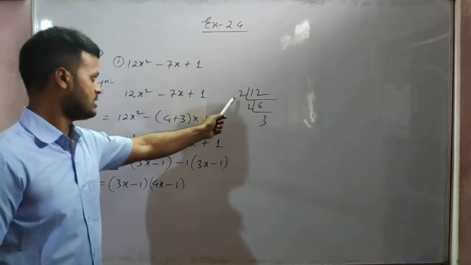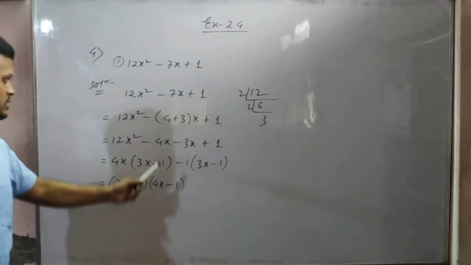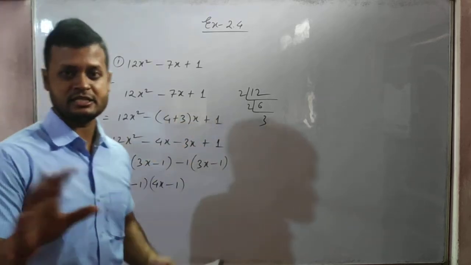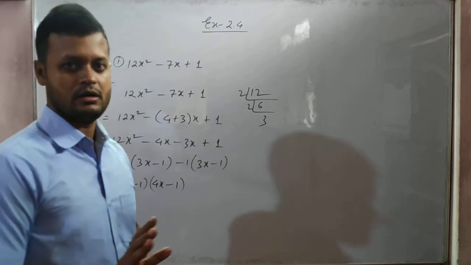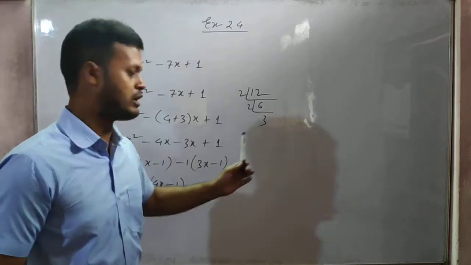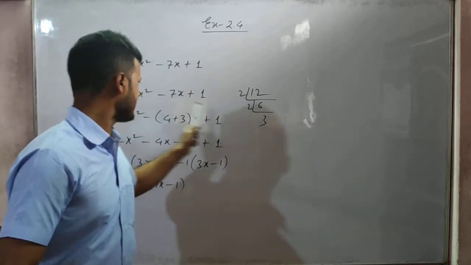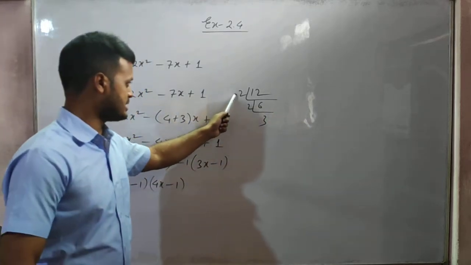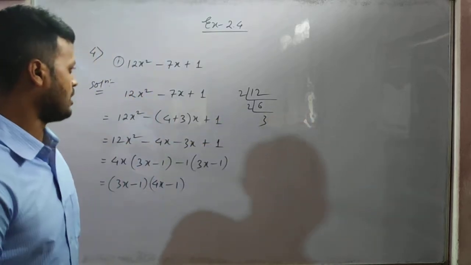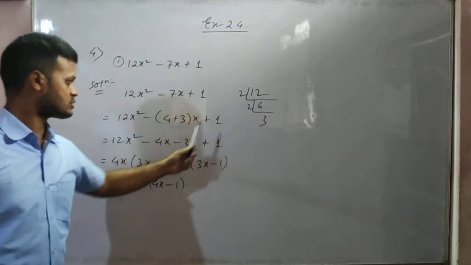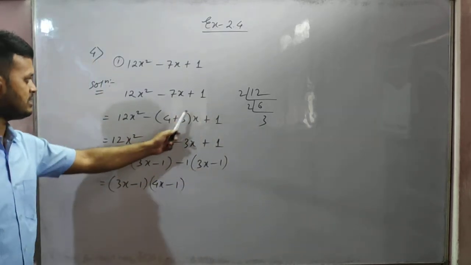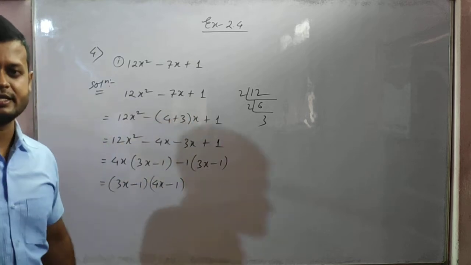So how will I use then? 4 plus 3. See here, you cannot write 7 like 6 plus 1, and you cannot write 5 plus 2. You cannot write anything that you want. You have to use these factors only to make 7. How will you write them? 2 twos are 4, and 4 plus 3. So write here 4 plus 3. Why plus sign? Because before the last number, the plus sign is there.